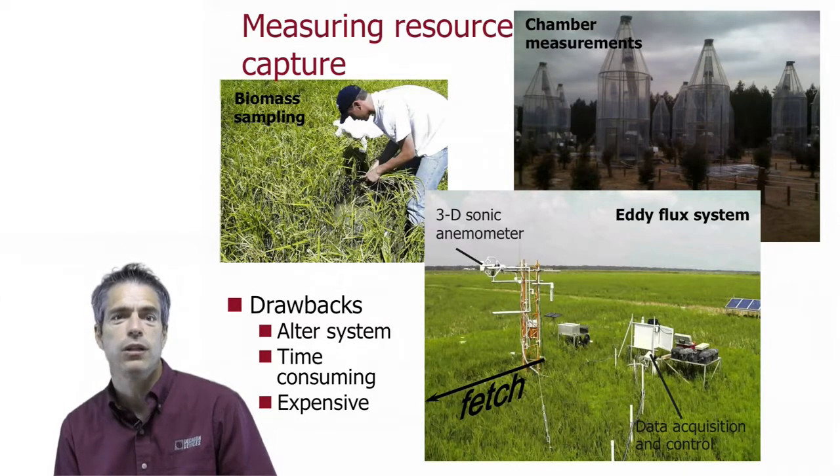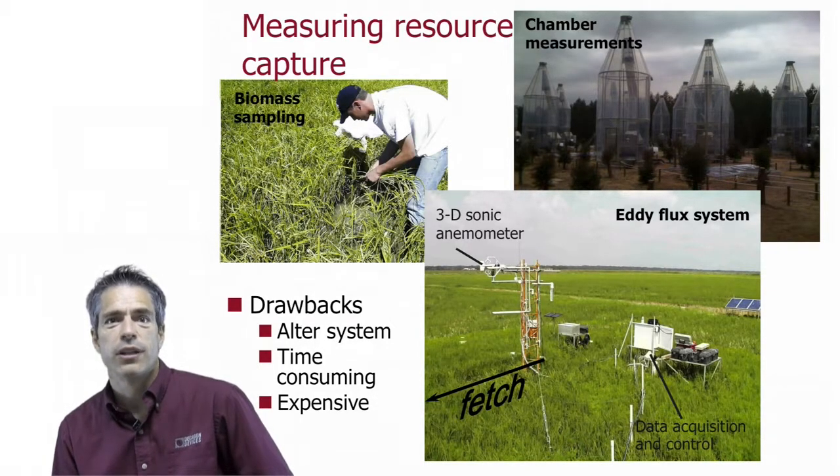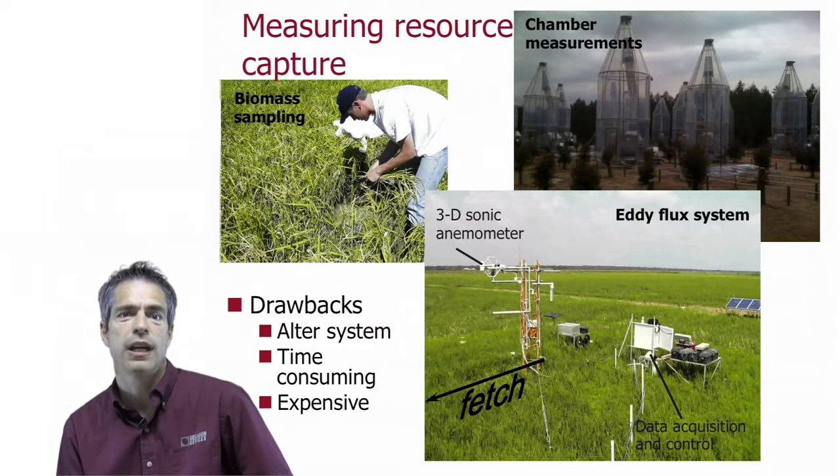So people have said, well, how can we go out and measure these systems without altering them? One of the ways is a closed chamber, like I'm showing in the upper right-hand corner. That's an experiment in Australia where they've put out closed chambers and measured all the CO2 going in and going out, and so they can quantify the biomass accumulation, for example, in trees inside those very large enclosed systems. And the larger picture on the bottom is an eddy flux system. This was the one we used in Texas that measured the upward and downward eddies as they move past the sonic anemometer, and measured them with a CO2 analyzer. And this way we were able to get the CO2 flux